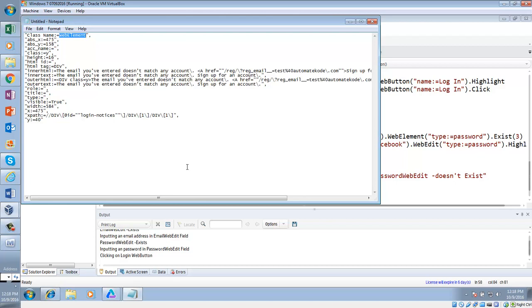I didn't get it. Yeah. Outer text. So let me use this outer text. Okay, or you can use inner text. They are similar, but